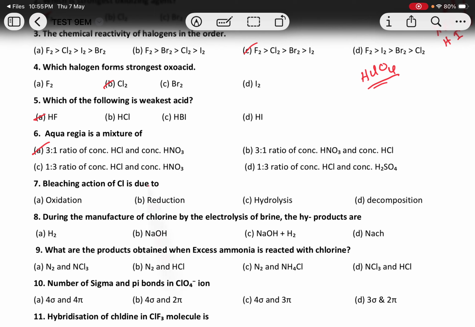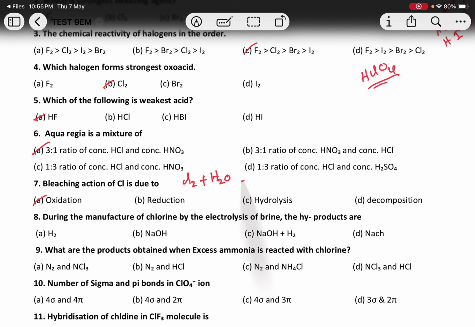Bleaching action of chlorine is due to. This question is already discussed. Bleaching action of chlorine is mainly due to A. Oxidation, B. Reduction, C. Hydrolysis, D. Decomposition. It is mainly due to oxidation. This oxidation also occurs in presence of moisture, when this chlorine